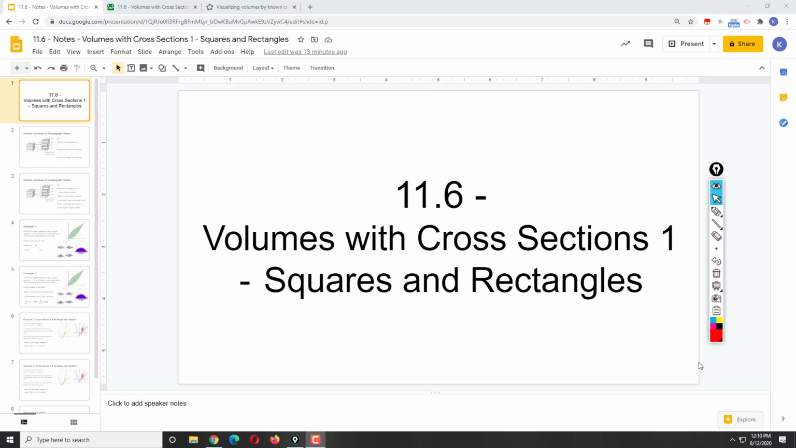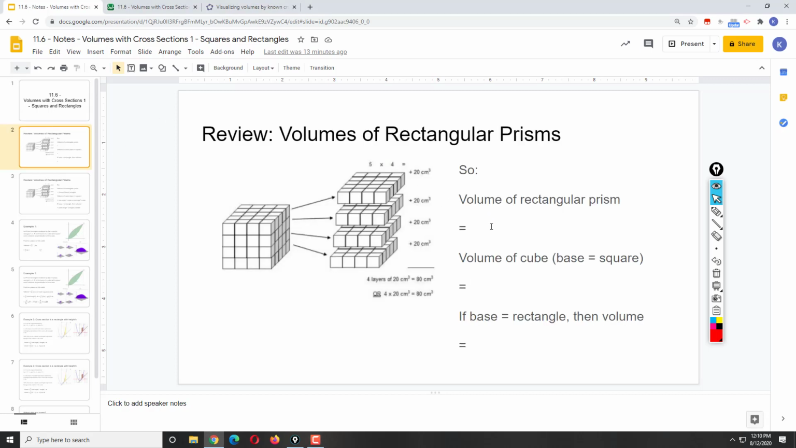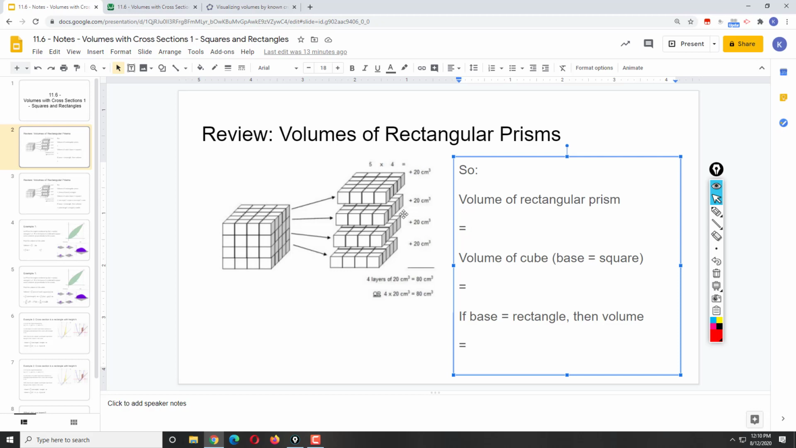11.6 Volumes with cross-sections: squares and rectangles. We know that the volume of a rectangular prism, or a rectangular solid like a cube, is length times width times height. But why? Well, in this figure we see that if we have a 4 by 4 by 4 cube, we can look at this cube as having